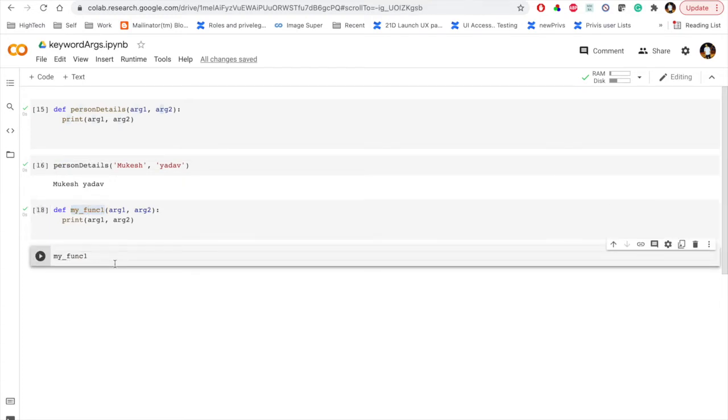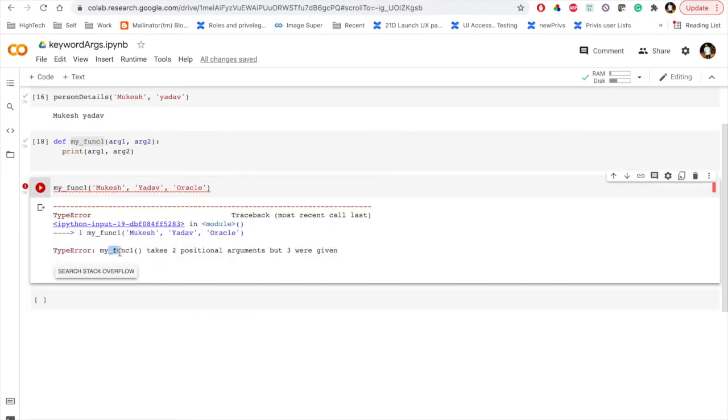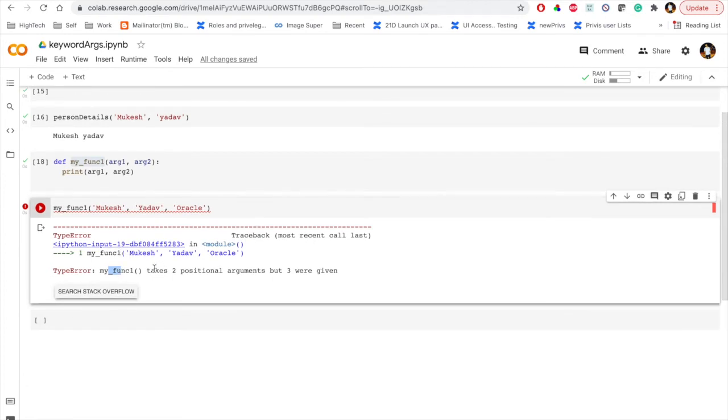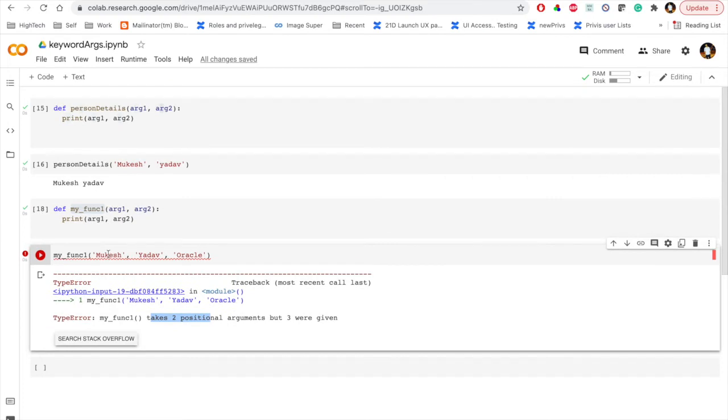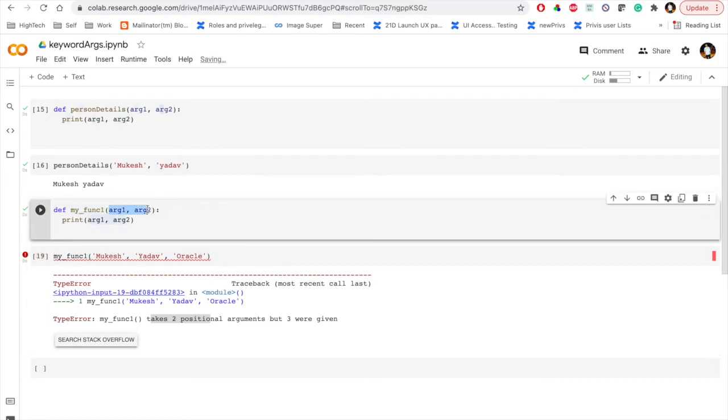Here, guys, it's a very critical part you need to understand. Here I'm passing some parameters: Mukesh, Yadav as the name, and Oracle as the company name. Here we will get an error because the my function 1 that we defined takes only two positional arguments, but while calling this function we are giving three arguments. So I pass three arguments, but this function accepts only two, argument 1 and argument 2.